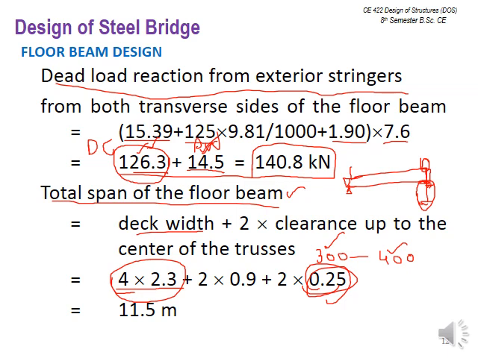So you have to use a value from 300 to 400, and for the safer side you can use 400 or 350 millimeters of air gap, okay, like this. So for your case also, when you are doing your design, this clearance you can use as 350 millimeter. So from 350 to 400 you have to use. Let's suppose you are considering it as 350, so it will be 0.35, 2 times on both of the sides, and this is going to be the finalized total span of the floor beam for the further calculation.